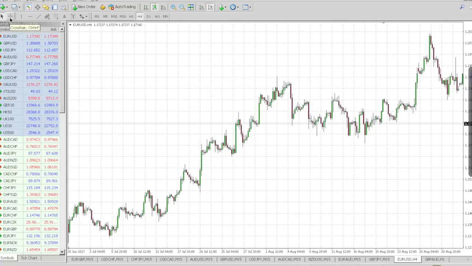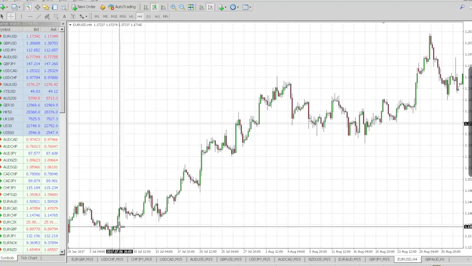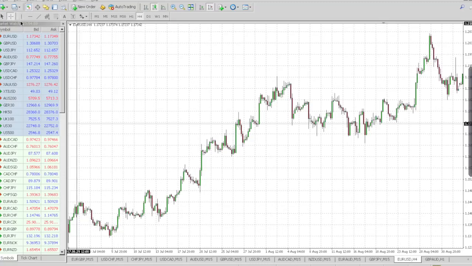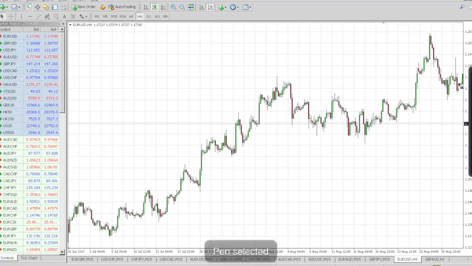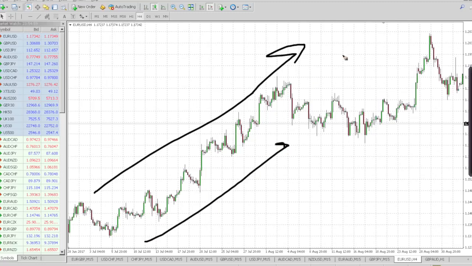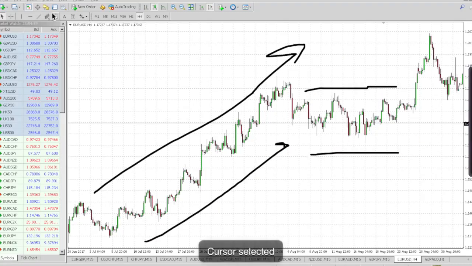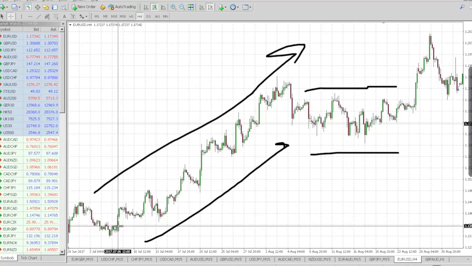For a swing trader, they may, for example, trade from here. I can see an uptrend. You can see this uptrend here, right? And then this consolidation going sideways. So they may take a trade. For example, they may buy somewhere here, and maybe sell